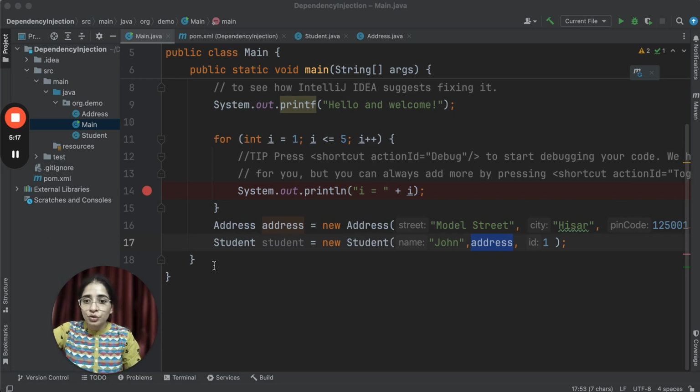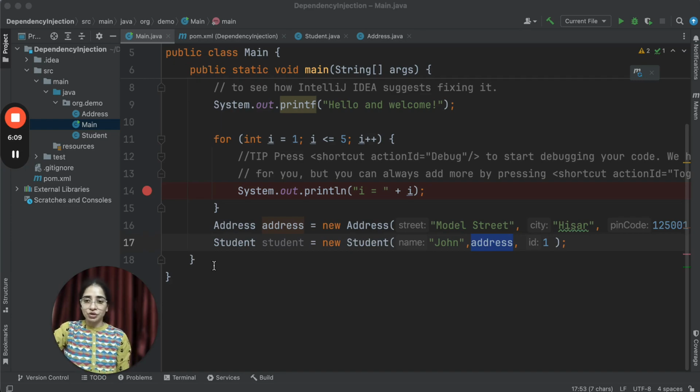I think you got a basic idea about the terms: dependency injection, where you are injecting the dependency. Now it depends upon who is injecting it, whether the coder is injecting it or Spring is injecting it. If Spring is injecting it, that is inversion of control. So the control has gone from the developer to Spring. Creating an object and injecting that object into another class will be done by Spring.